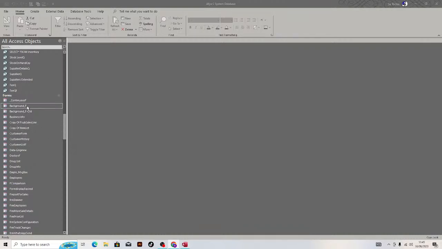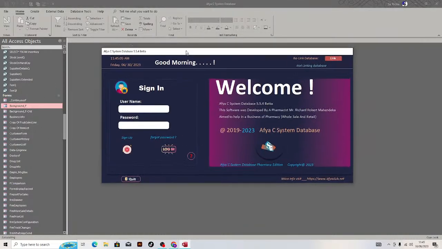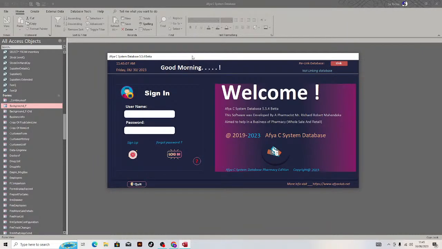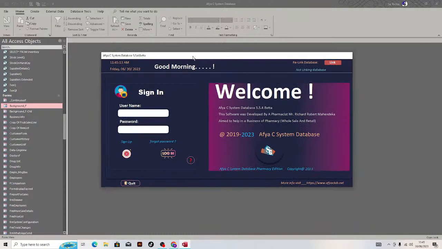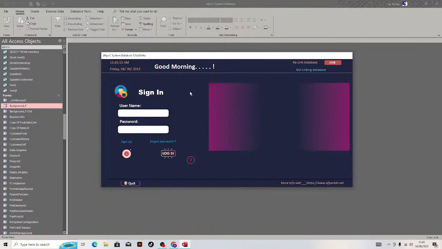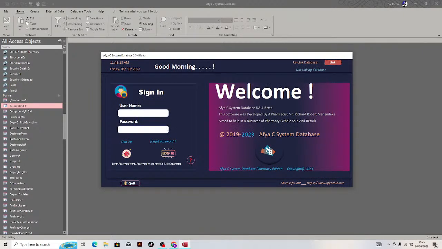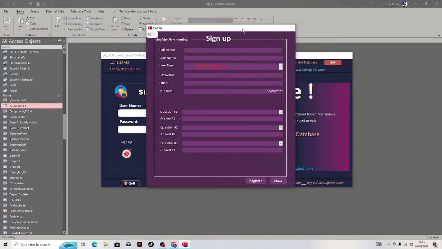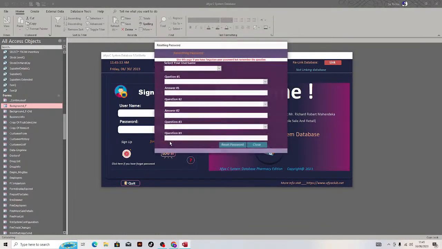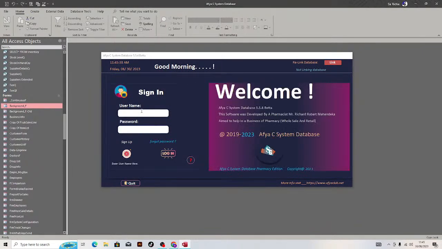Okay, let's go. Let's check our first form. This is our welcoming form after the pop-up form and the counting form have ended. This is our welcome form. Then we have seen in the previous tutorial that we check on sign up. Okay, then we check on forgot password. Okay, then we check on this